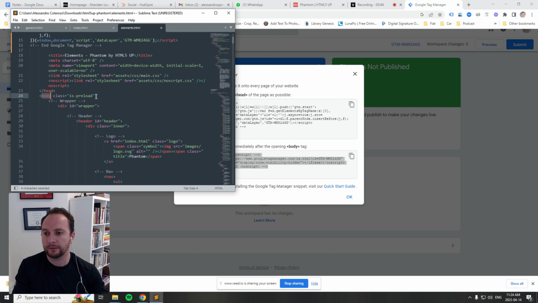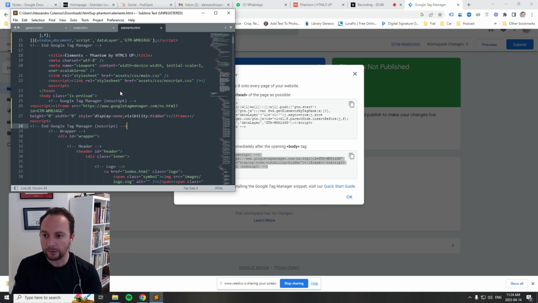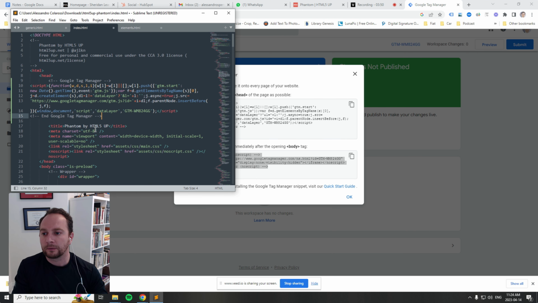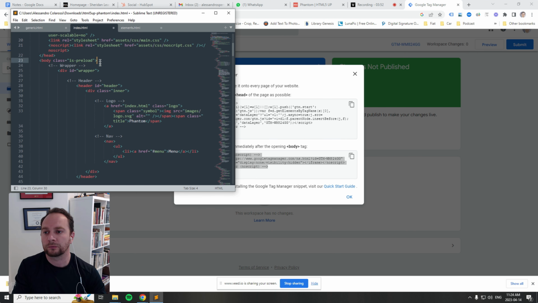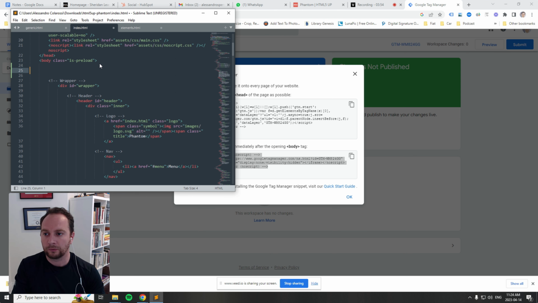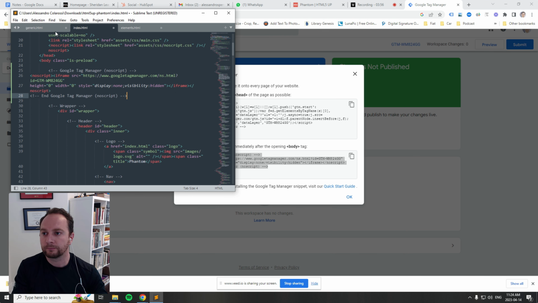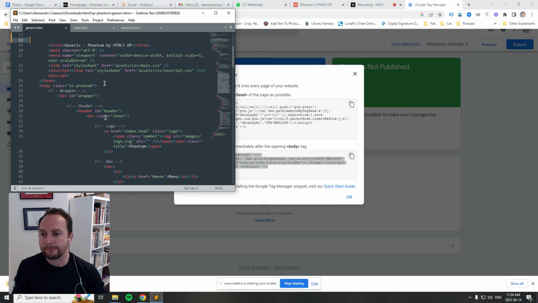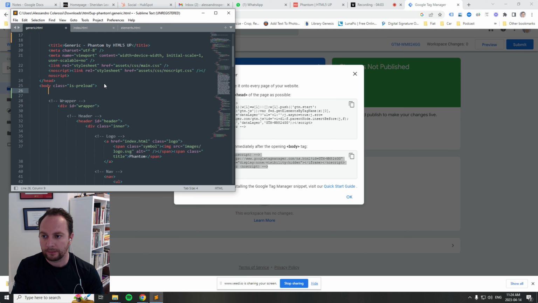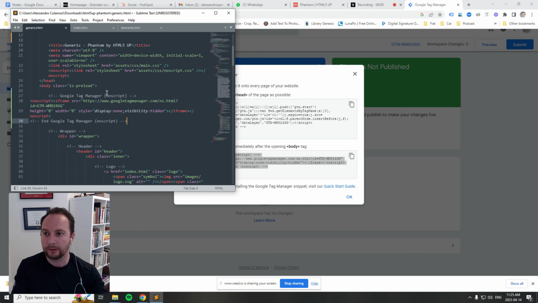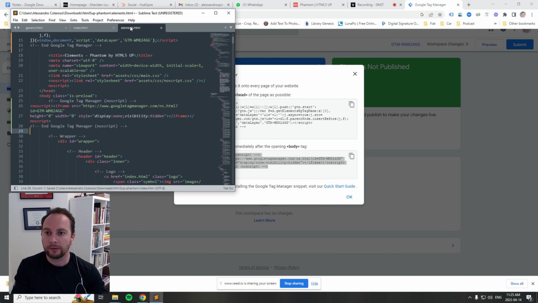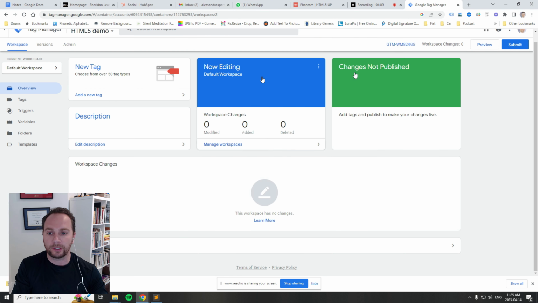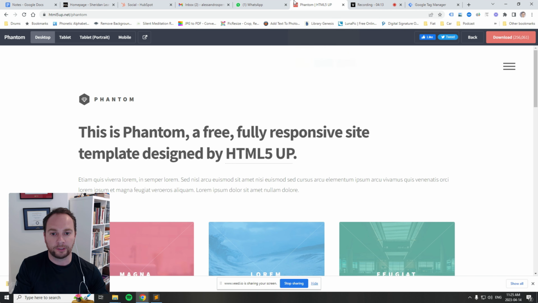Here it is, body. 1. 2. And 3. Yeah, so that's great. So now Google Tag Manager has been implemented in our newly downloaded